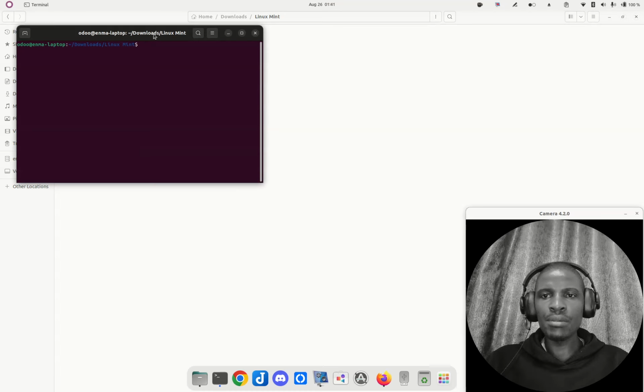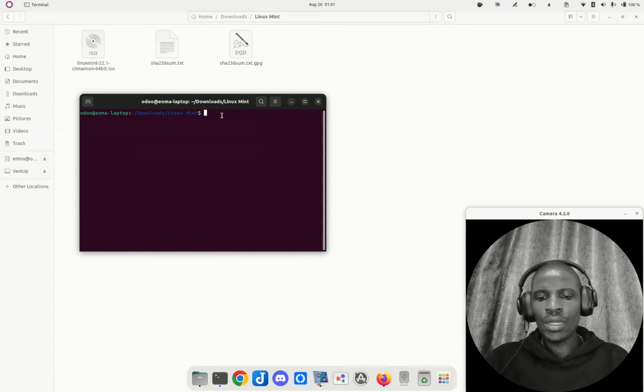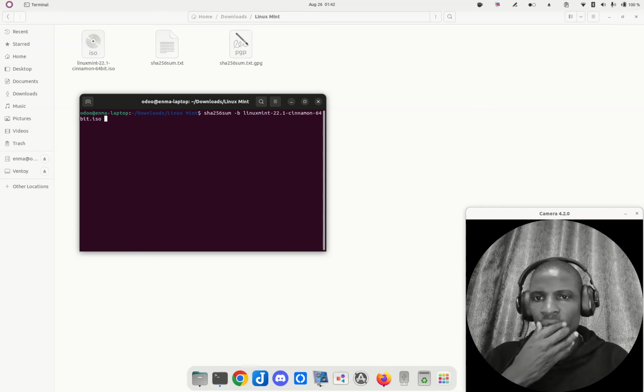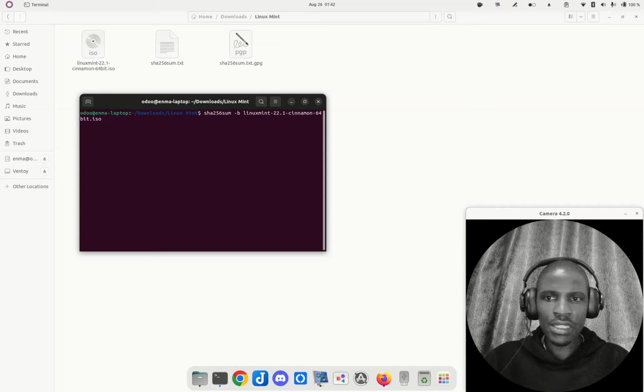So we'll open the terminal. Then we will run the command. So remember to change your ISO file from that to your actual ISO file, which is Linux Mint, and we'll just begin to type the wording and then press tab on the keyboard, and it automatically auto-completes for us, and we don't have to type out the full name of the ISO file. Okay,